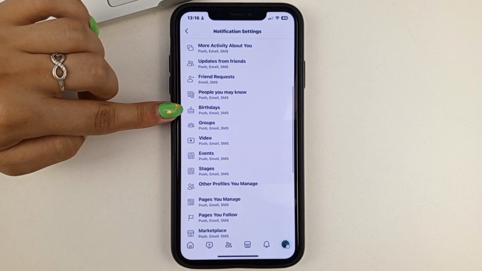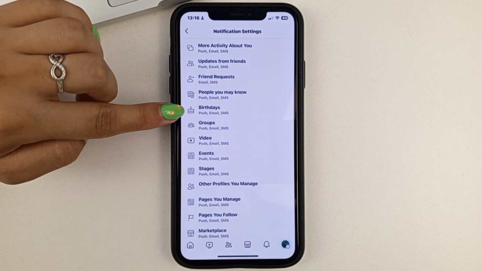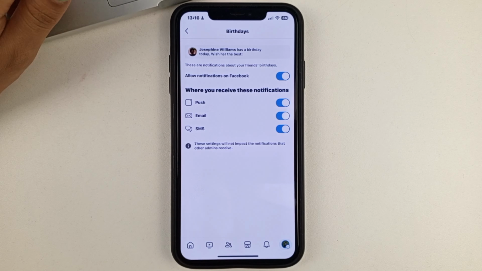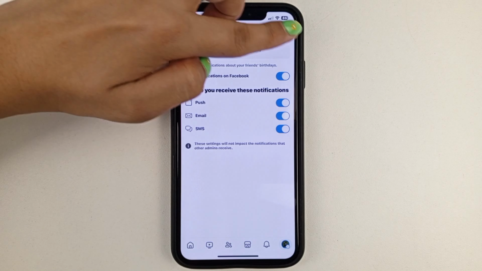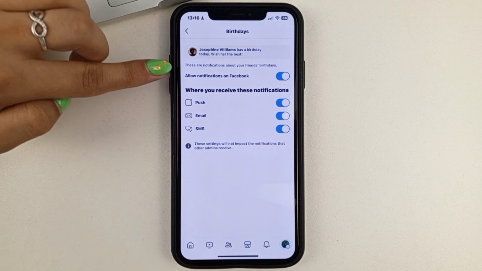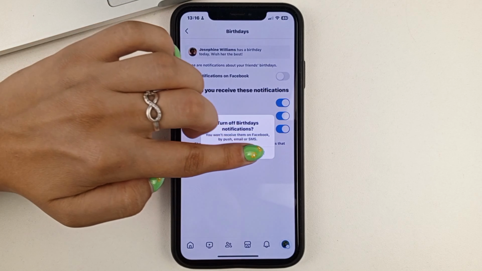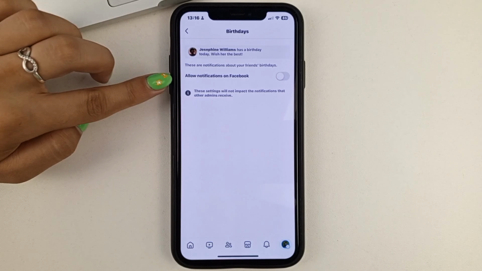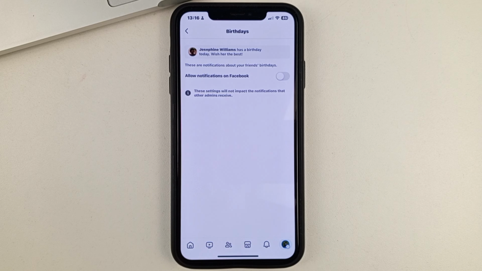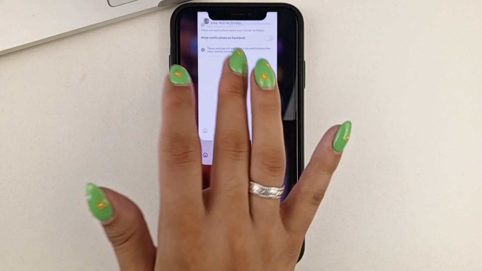Next here, you will also be able to find the Birthdays option. And you will need to click on this option here, Facebook Birthdays Notifications. Click Disable. And now you will not receive notifications about anyone's birthdays on your Facebook.